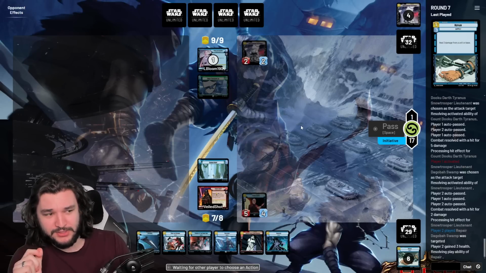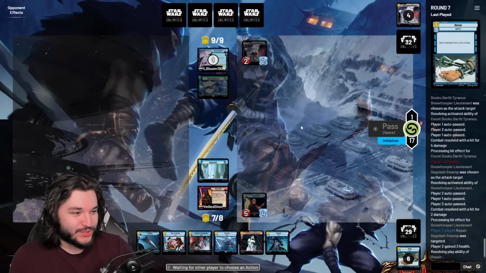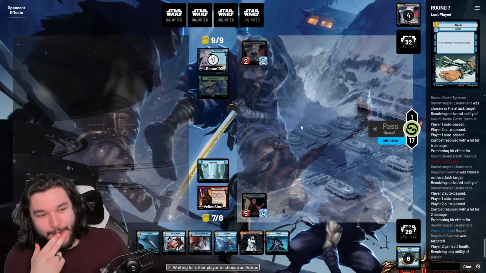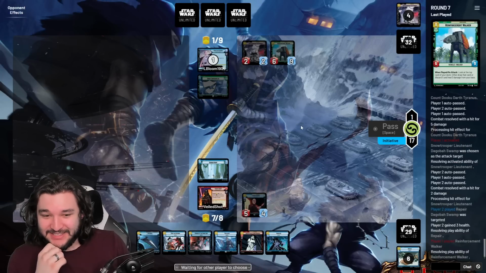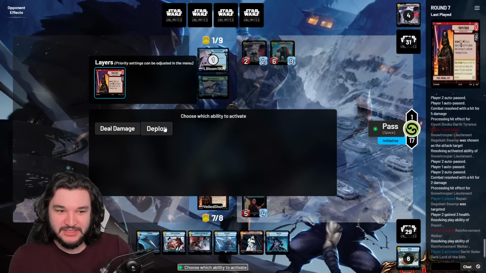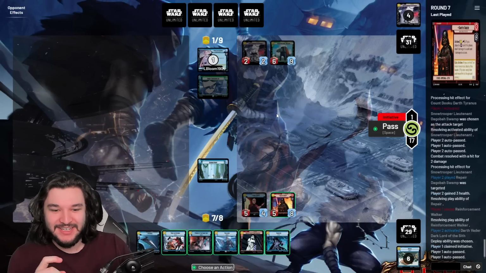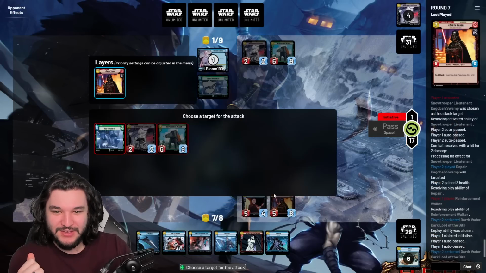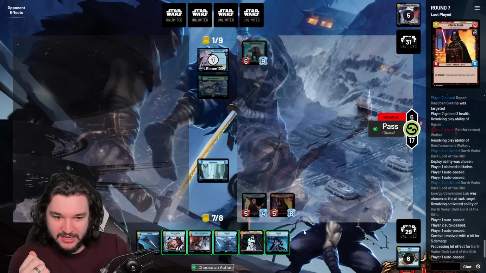I think our opponent's really thinking about this because we have the Vader deploy, which is huge for us. But on the note that I was talking about earlier, Carabas is just absolutely amazing here to really get in so many games because of how easy it is to interact with, which is absolutely super, super fun to interact with. But let's go ahead and